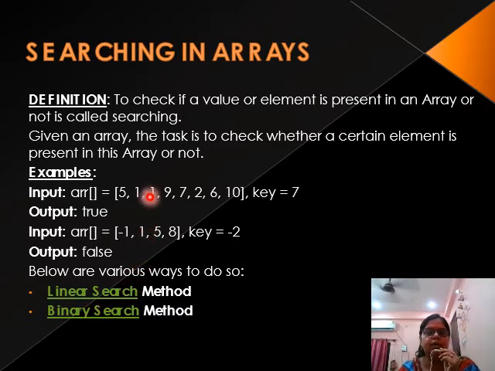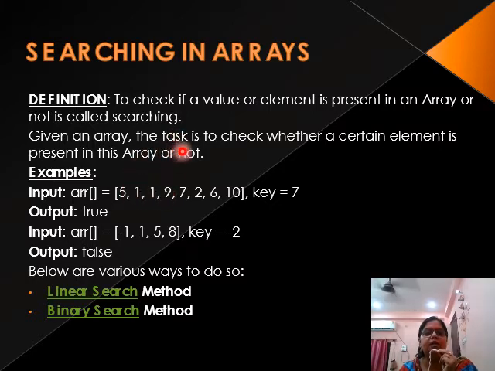First we will learn about linear searching with a very simple program. First, know the definition of searching in an array. Searching in an array means checking if a value or element is present in an array or not. As you all know, in searching we search for something. Like that in an array also, there are some values, and we take one number and search whether it is present in the single dimension array or not.